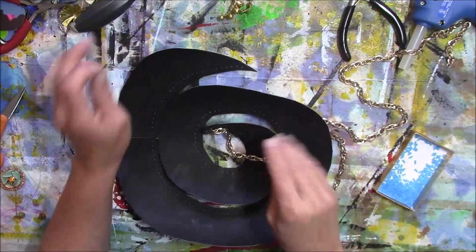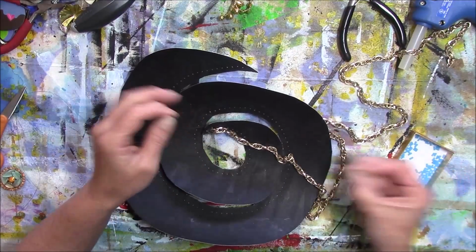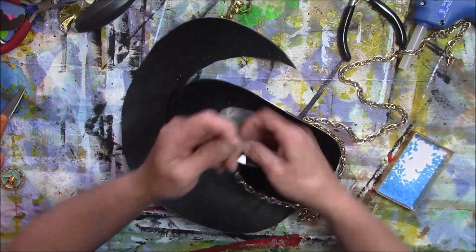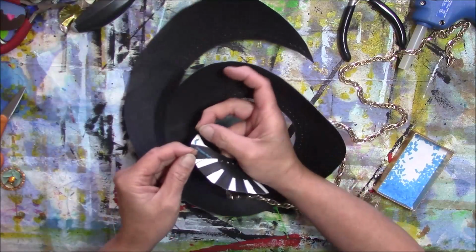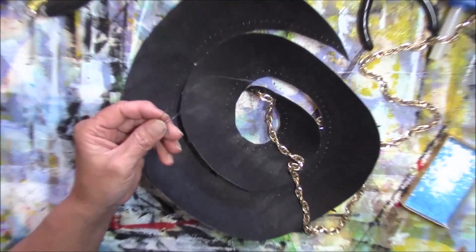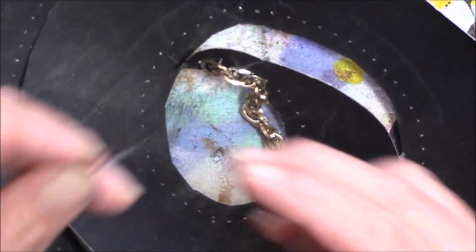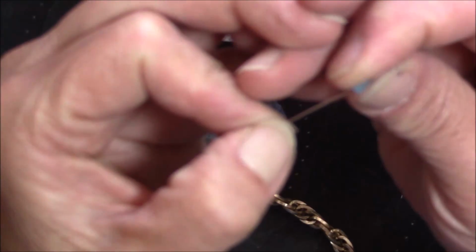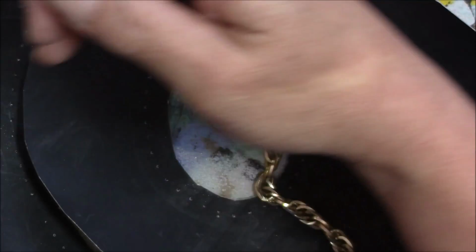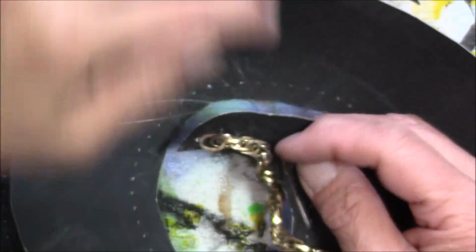Okay, so now that I've figured out how I'm going to do this, I am adding a bugle bead. Let me zoom in. Okay. So, I am adding a bugle bead on the back side, coming up,